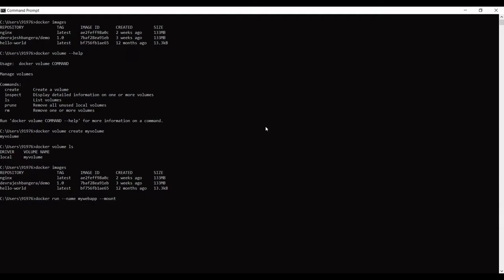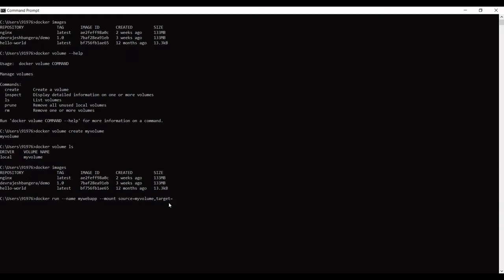Now to mount a volume in an image, this is the command: --mount source. Source will be the volume name that we have created. So this is the source, comma, target equals.